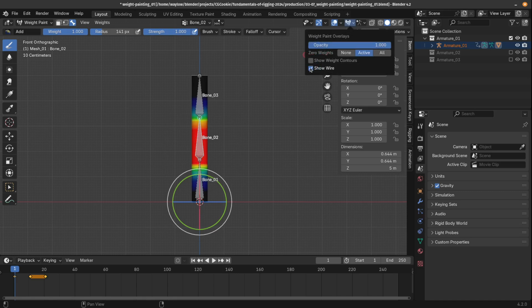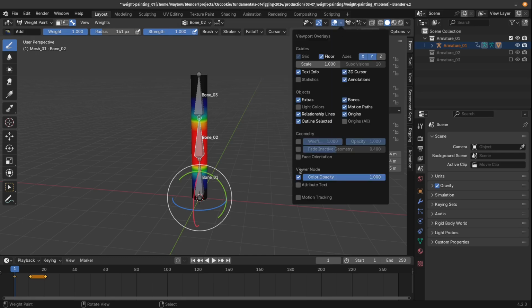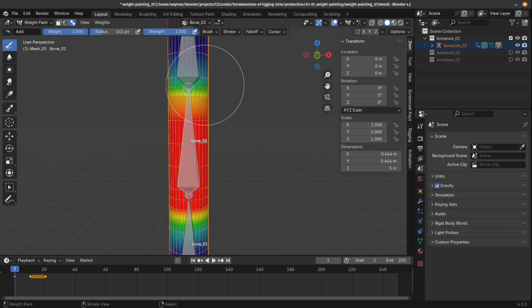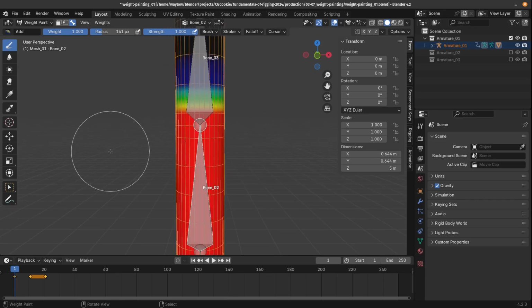And this show wire option here, I don't think this works well in weight paint mode, so I don't use this one at all. I find it more useful to go over to the main overlays and then turn on the wireframe for the geometry instead. But seeing the wireframe is super helpful because you know where the vertices are that you're actually painting these weights onto. So that's all of the overlays that I want to explain about weight painting. Let's jump into this crazy thing called